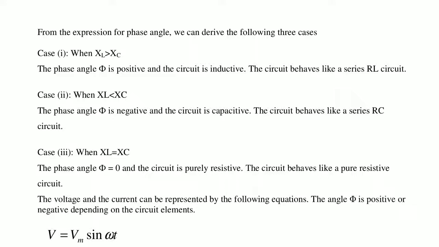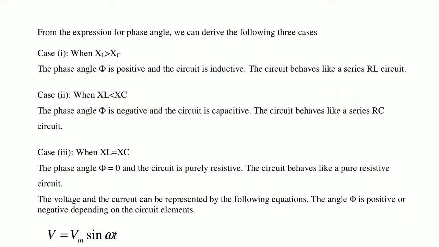That means here the reactance part is 0. So when the reactance part is 0, the phase angle is 0. When XL minus XC is 0, the XL and XC combination is nothing but a wire. It can act as a wire. So now the phase angle phi is equal to 0. The circuit having the resistance only, the nature of the circuit is purely resistive.